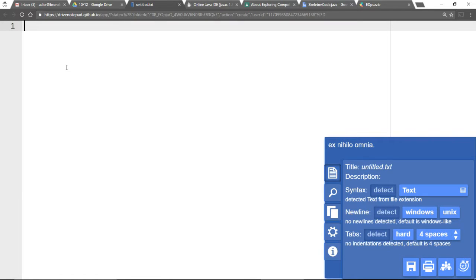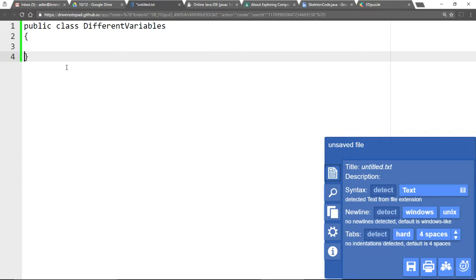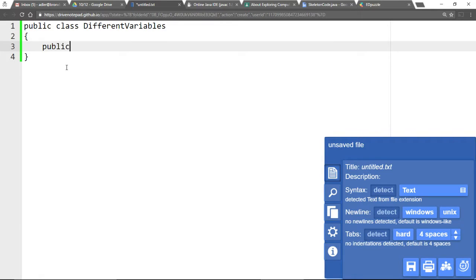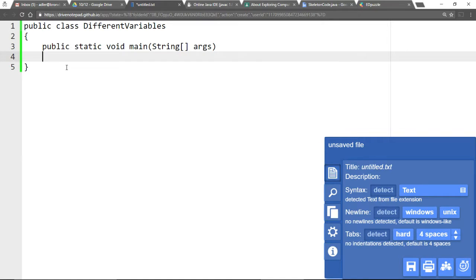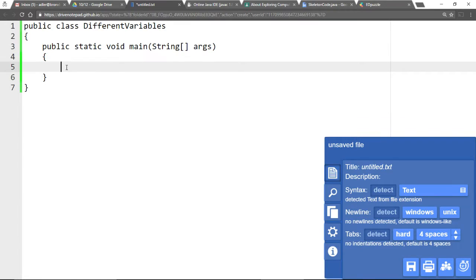All right, so I said we were going to be learning about different variable types. So let's name our class public class DifferentVariables, and I'm going to do public static void main(String[] args). Okay, so here I'm going to start out by doing what we already know how to do, and that is to declare